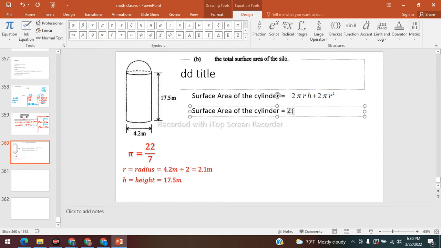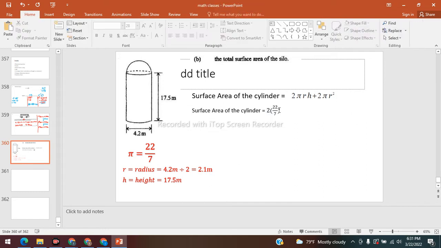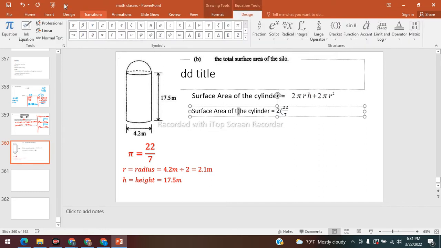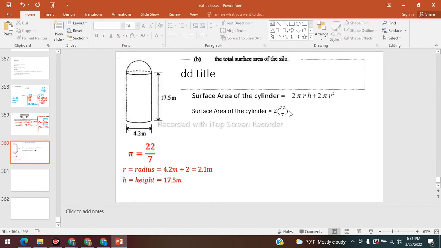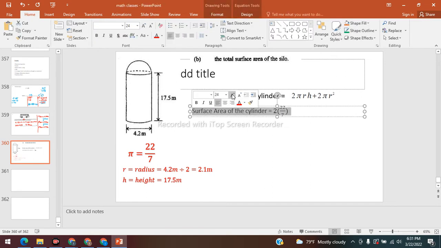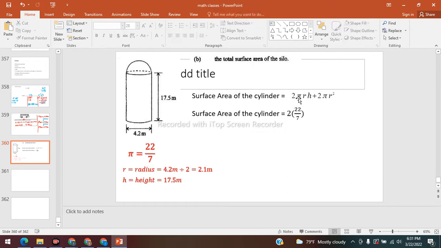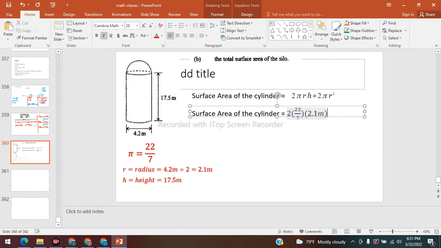But we know in this case pi is equal to 22 over 7, close bracket. Let me make it bigger. So we have 2 times pi, which is 22 over 7, times r, which is 2.1 meters, times h, which is 17.5 meters,